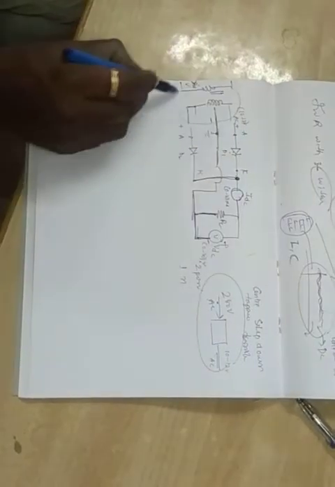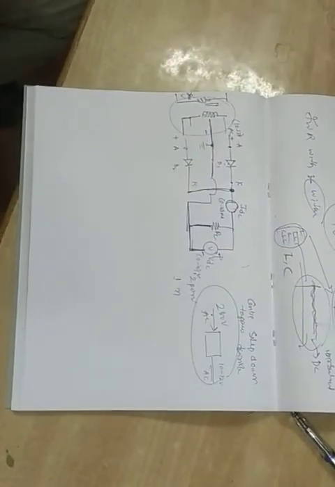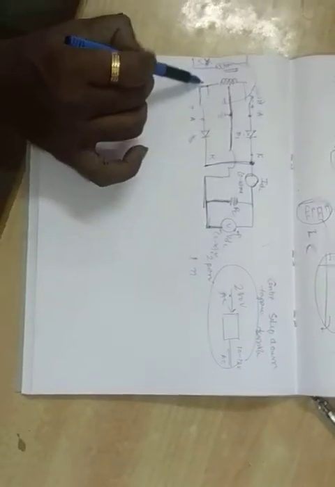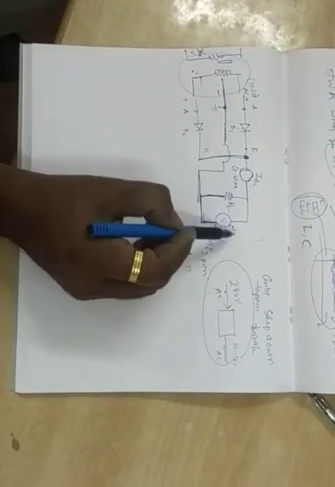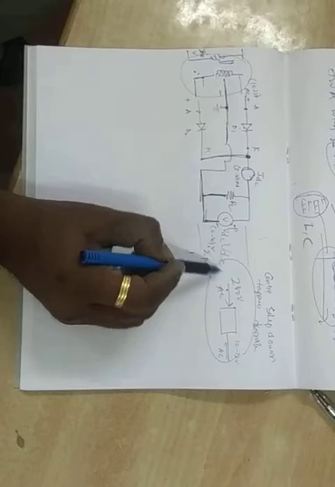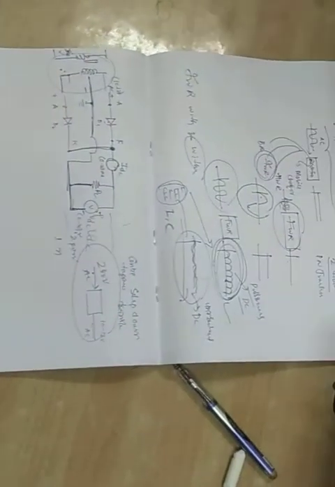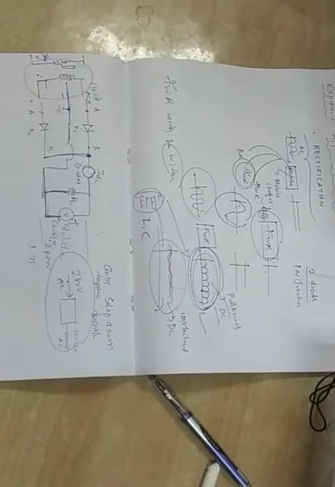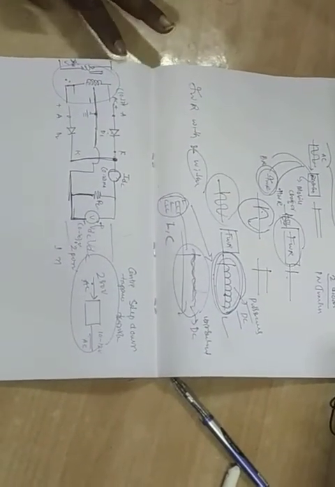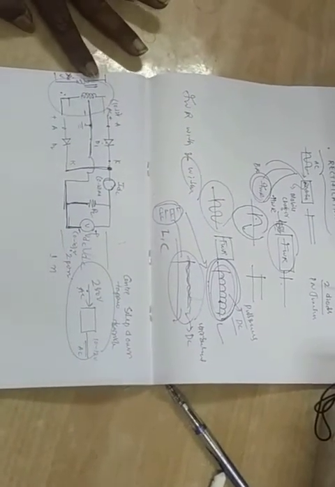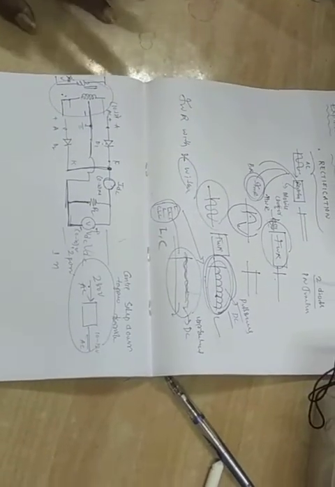So what do we have to do now? First we have to verify whether this is AC or not. If I give this AC as an input to this rectifier, am I getting the DC? Is this the voltage I am getting or not? Is this the waveform I am getting or not? I should verify, and I must take the readings and consider whether they are proper or not.